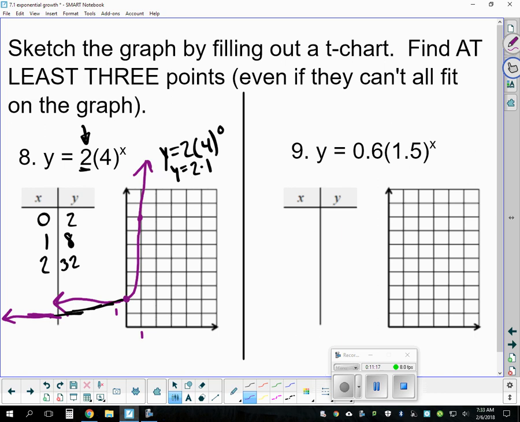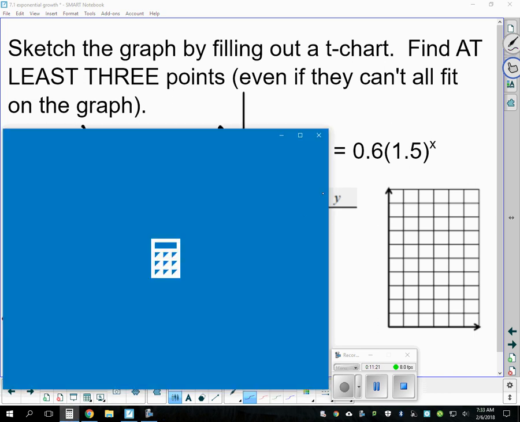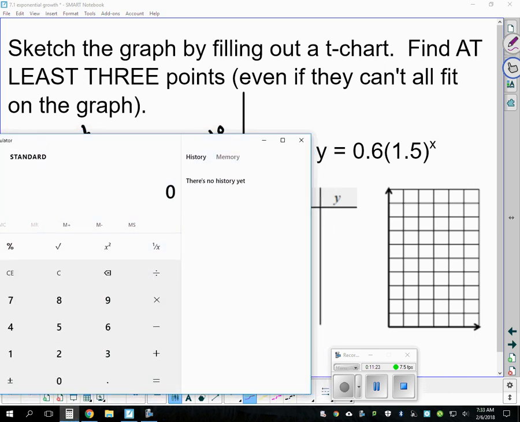All right, next one. I'm going to bust out a calculator here. You can do the initial value definitely without a calculator, right? So when your x value is 0,